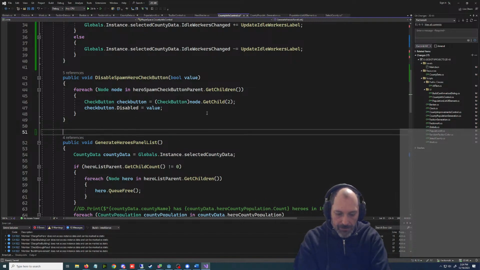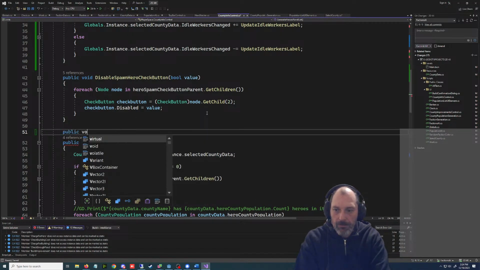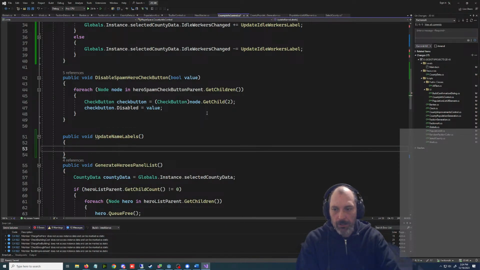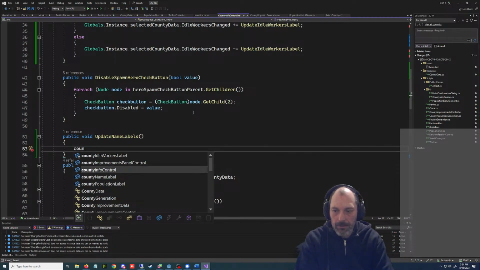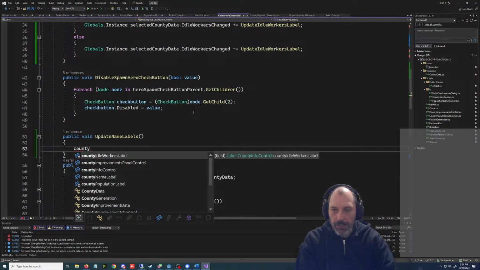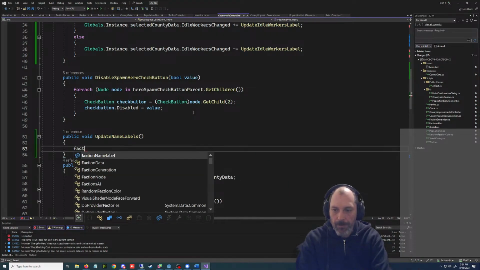So we need a public void update name labels, and then we'll go county faction. What did that? Oh, I just called it faction name.